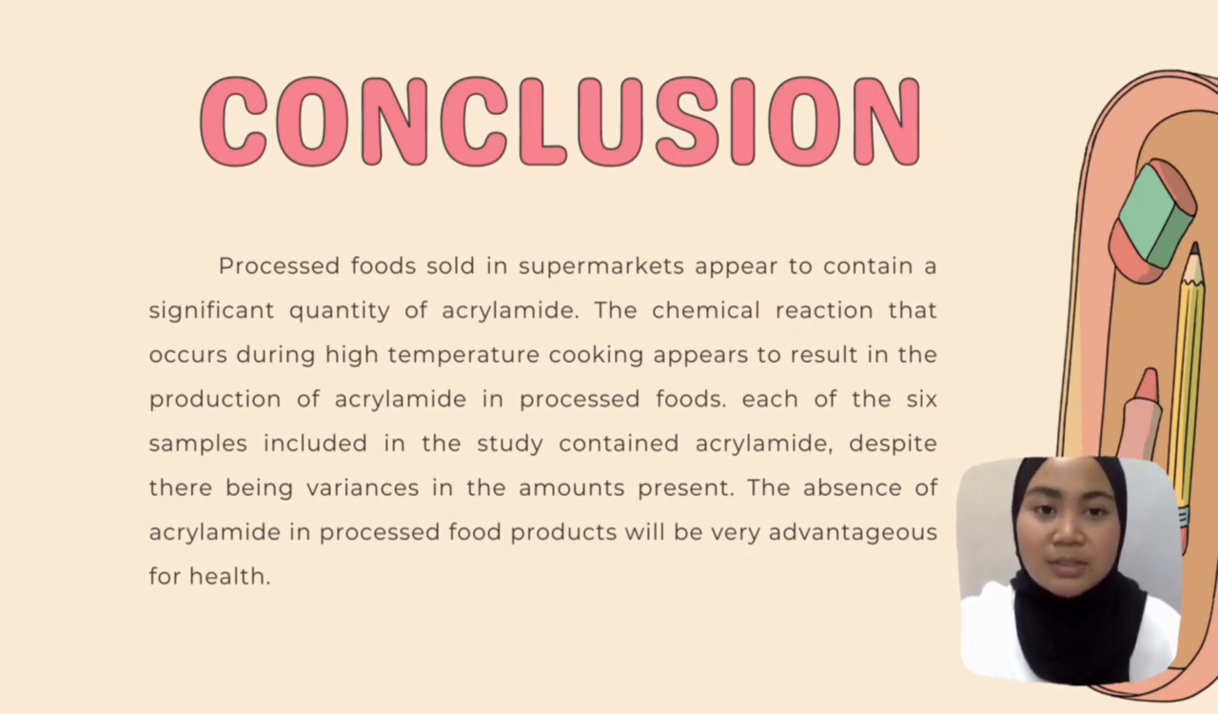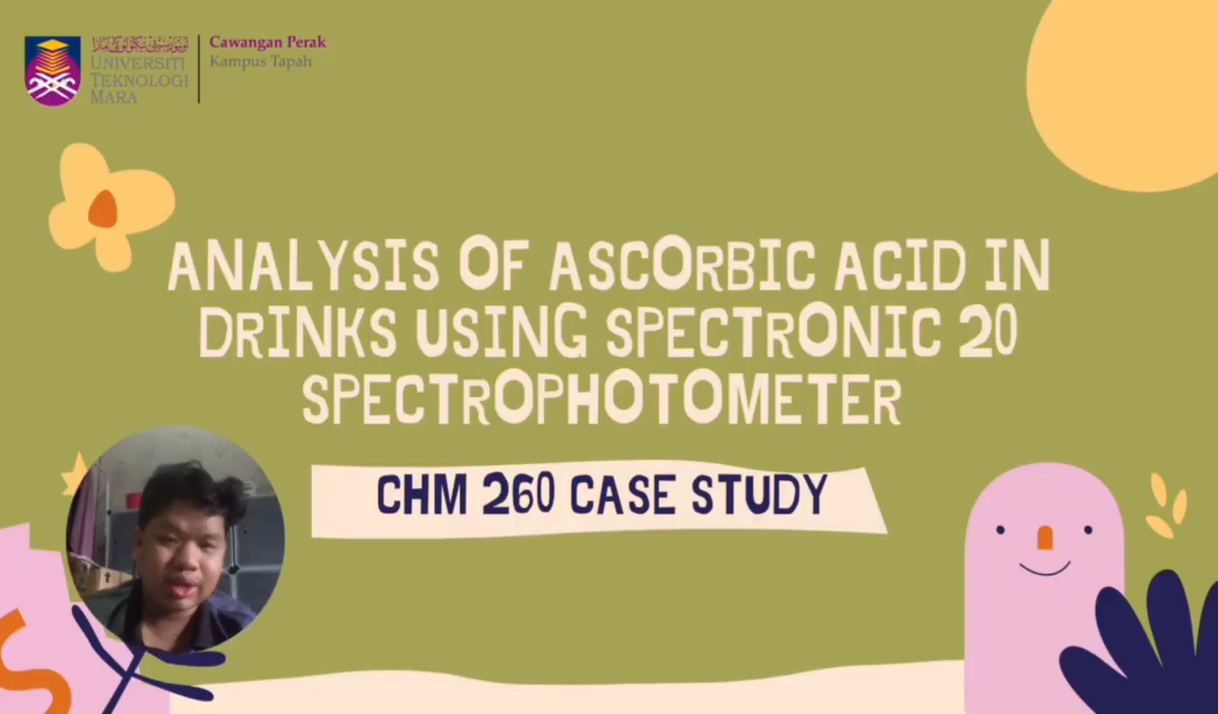So the processed food sold in supermarkets appears to contain a significant quantity of acrylamide. The chemical reaction that occurs during high temperature cooking appears to result in the production of acrylamide in processed foods. There is no doubting that each of the 6 samples included in the study contain acrylamide, despite there being variances in the amounts present. The absence of acrylamide in processed food products will be very advantageous for the general public's health. For the next topic, analysis of ascorbic acid in drinks using spectrophotometry, and I will continue with